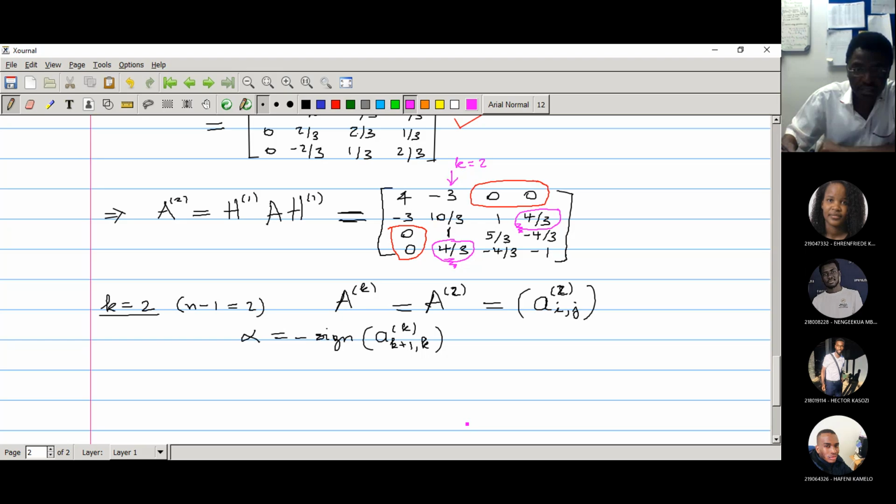So this is the point that we are fixing. Let me frame it, box it in blue. So this is the one that we fix, and that's what we use here in all our computation. Our A, K plus 1, comma K will be that point that we fix. That's what we use in our algorithm. And now we just use the summation here. Of course, it's the square root of that entry. So we take those entries, take that summation,